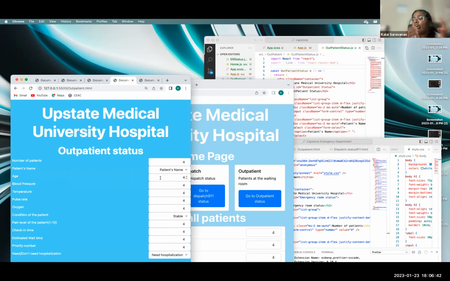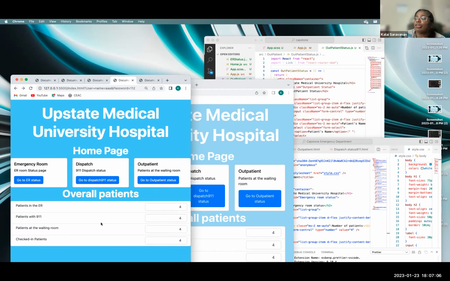So this is going to be the outpatient, so they know how many patients. Here the outpatient details are going to be updated, each patient's age, and whoever comes to the hospital, their names will be updated here and their vitals will be updated here. So each time the hospital clicks a patient name, they can click each name and see the details. And overall, it's going to give the overall status of how many patients are in the actual ER, how many patients are with 911,